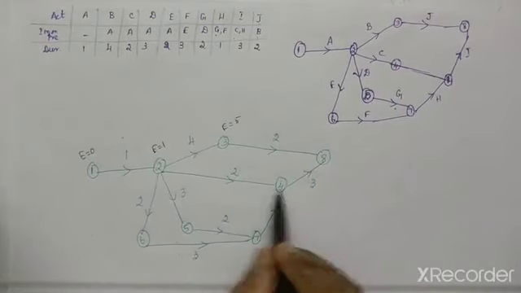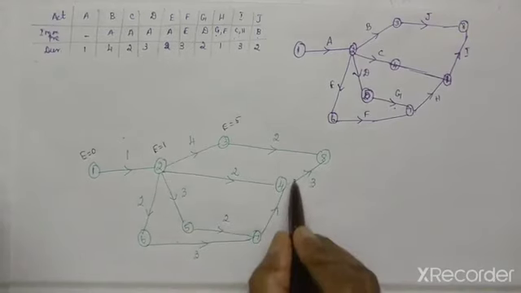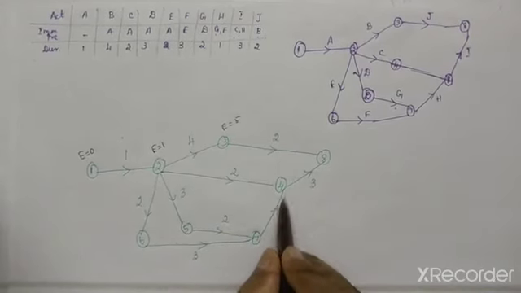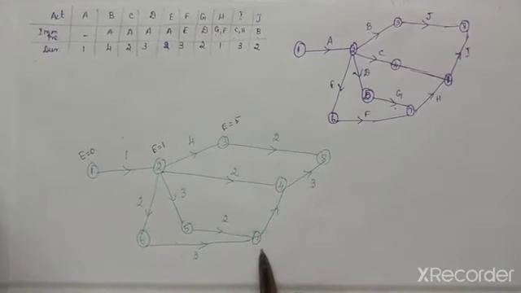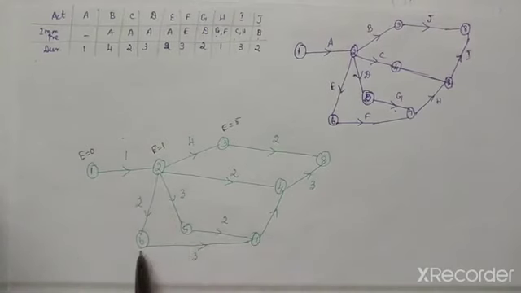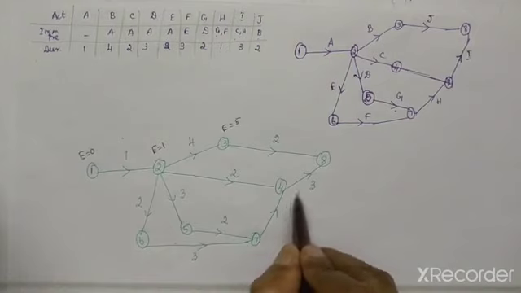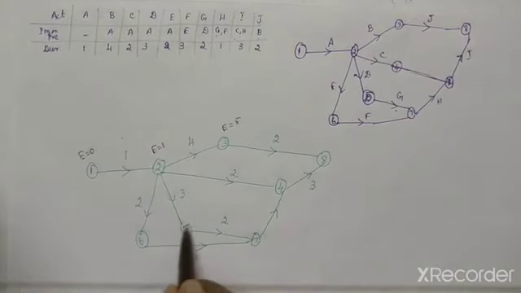For 4 we have two activities as incoming. So first you have to find out this and this, afterwards we have to find out this one. Using this one you have to come with 4. So for this we have to consider that for 5 there is only one incoming activity.